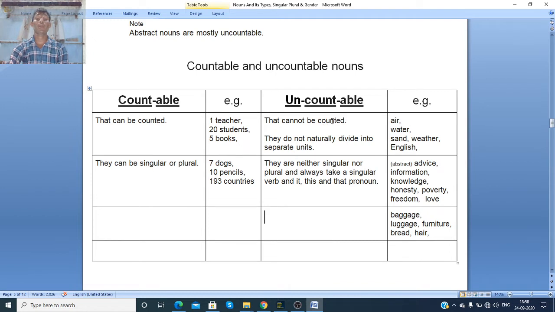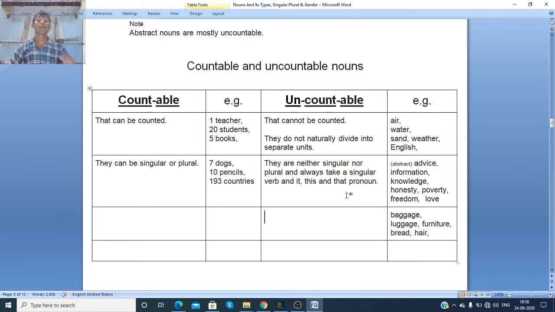So uncountable nouns cannot be counted. They are neither singular nor plural. They do not naturally divide into separate units. We can't divide air into units. We can't divide water into different units. We can't divide English. We can't divide weather, but we can